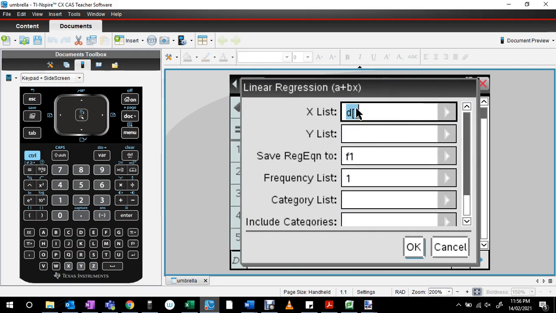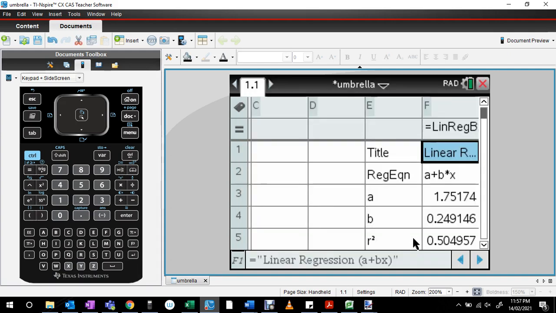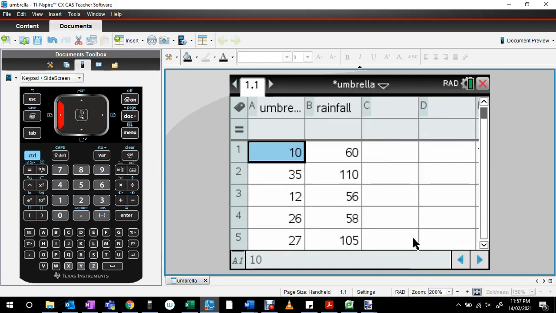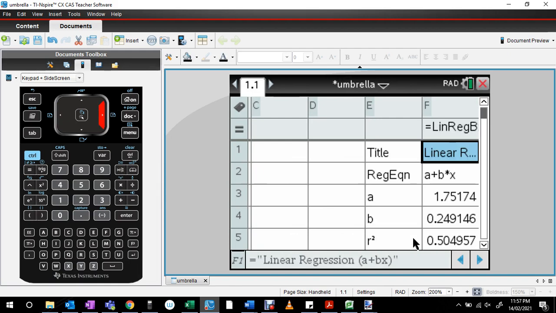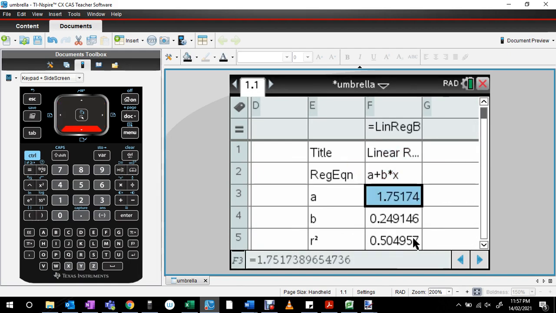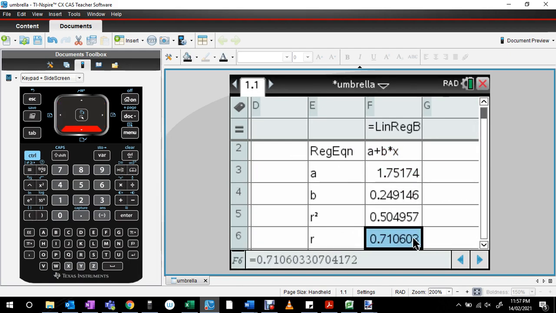Remember here, X list, Y list. So remember what's in your EV, what's in your RV. My EV was the rainfall, my RV was the umbrellas. So go OK, and I can see now my data's here. If you go to the right a bit, here is the data that we're looking for. The R value is basically the letter that has the R there. So here is my R value,